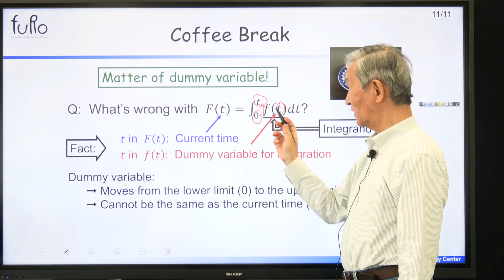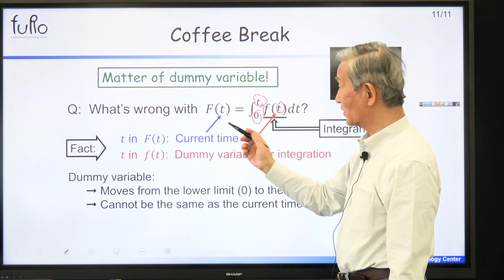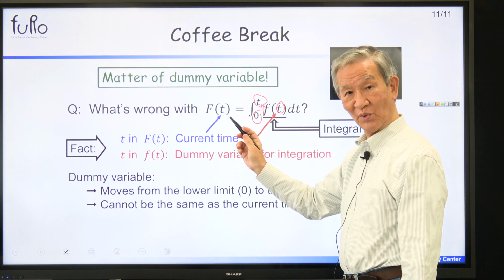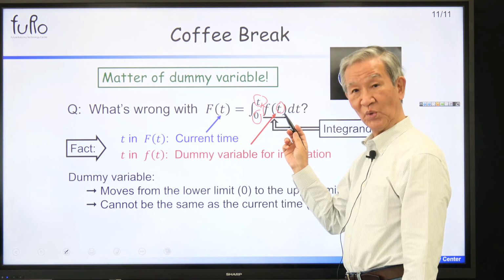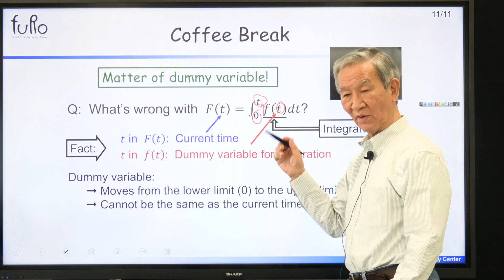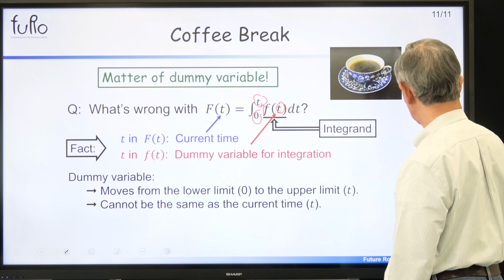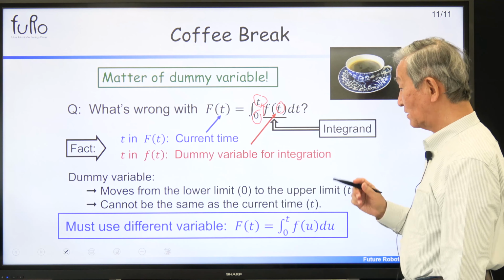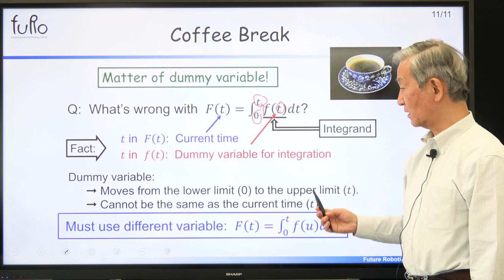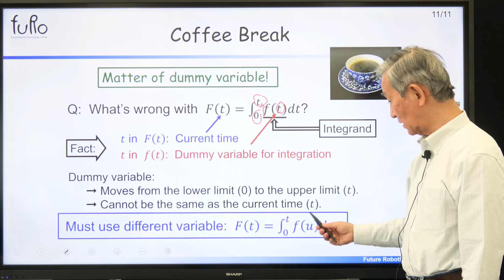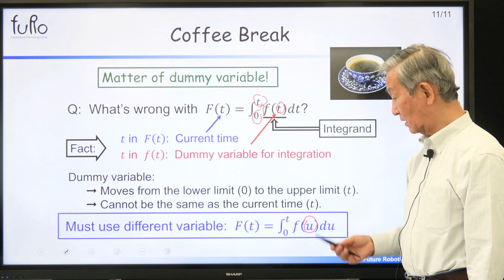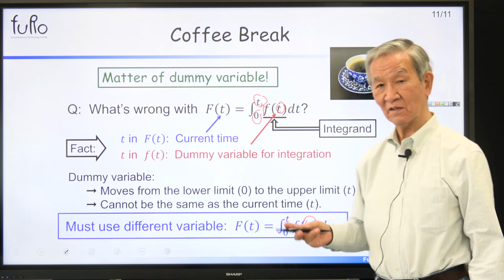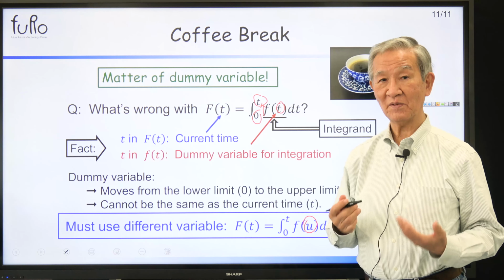But it's t. So say, for example, if you have f of 2, that's the 0 to 2 integral of f of 2. No way, right? So what you need to do is must use a different variable for the dummy variable. Like this one here, I use u for the dummy variable. Okay, it is very important in the sense that you will have something